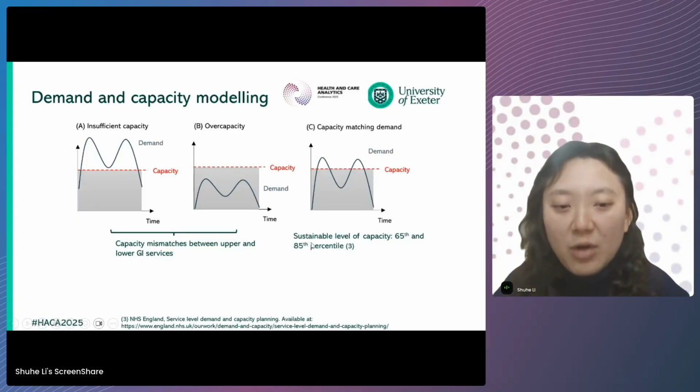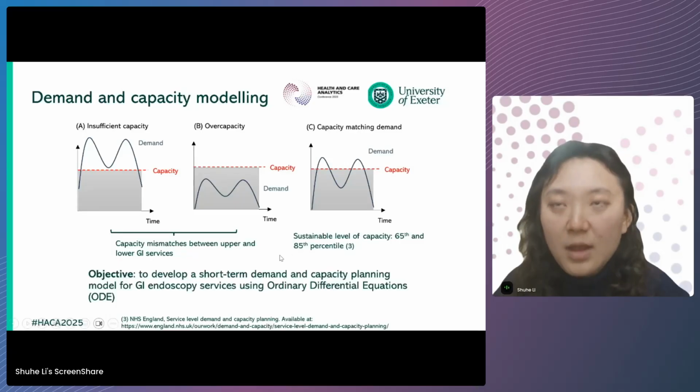To address these problems, the NHS has developed an endoscopy demand and capacity planning model in Excel for medium-term demand and waitlist estimates for the upcoming year. However, there still remains a research gap in short-term endoscopy services planning. Therefore, our project aims to develop a demand and capacity model for short-term weekly resource planning of the endoscopic services